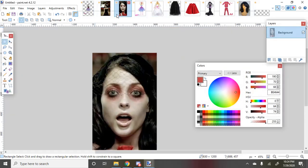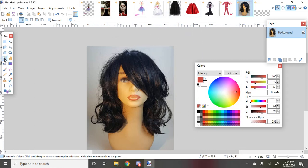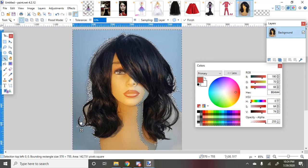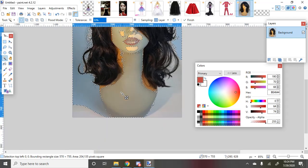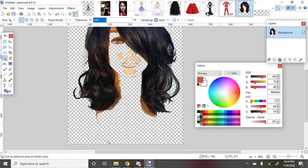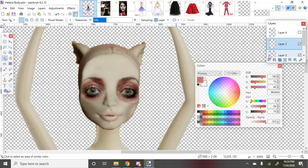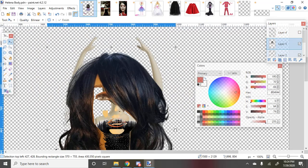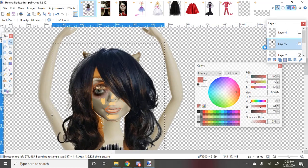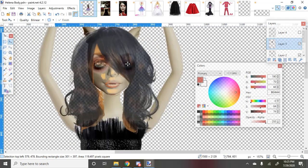And then that doesn't look really as voluminous as right here, but we've got this nice wig. I could have just had it as is, but the bangs weren't the same. It's not just one bang covering half the face. It's just a side part. I'll slap this on top. Her hair isn't super long, so